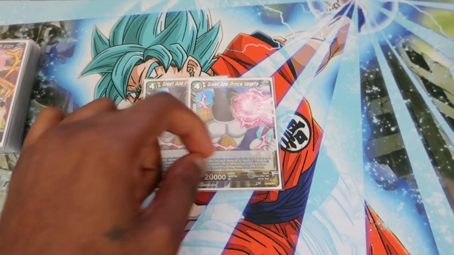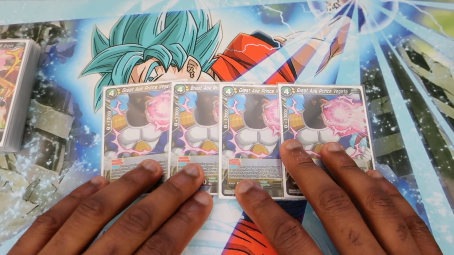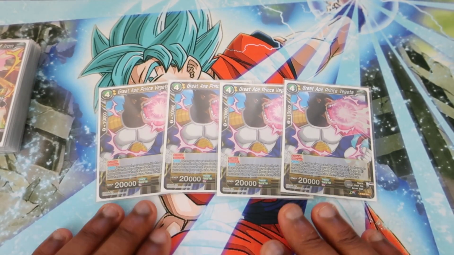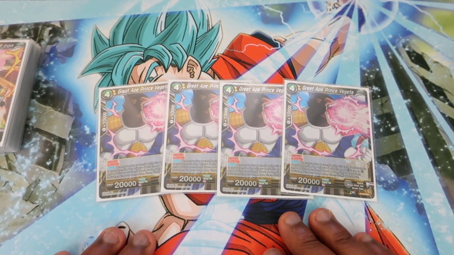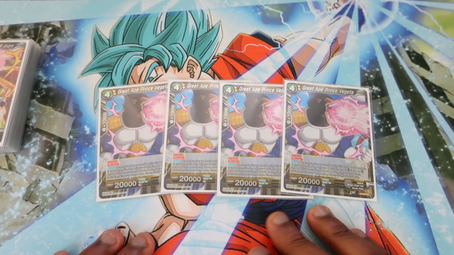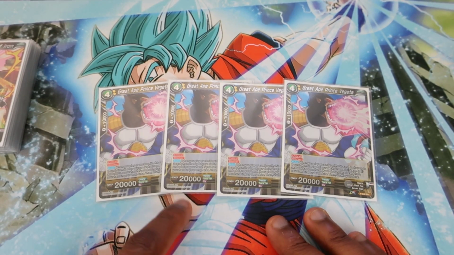So next, we have 4 copies of Great Ape Prince Vegeta. This is the Dash Pack promo. So he's awesome. He has an auto effect that lets you pull the top 3 cards from your deck and add a Great Ape card to your hand if you would like to, at the expense of dropping 1 from your hand as well. It's cool. I use that. I used this to win my final match against Caulifla